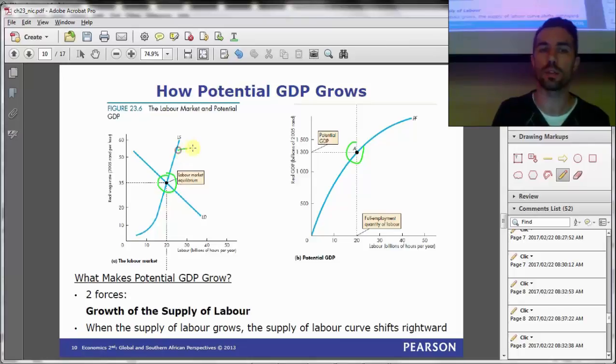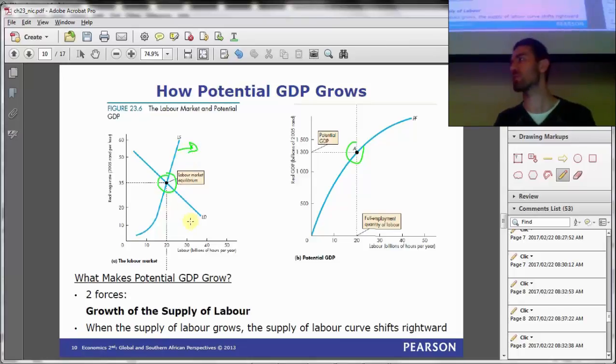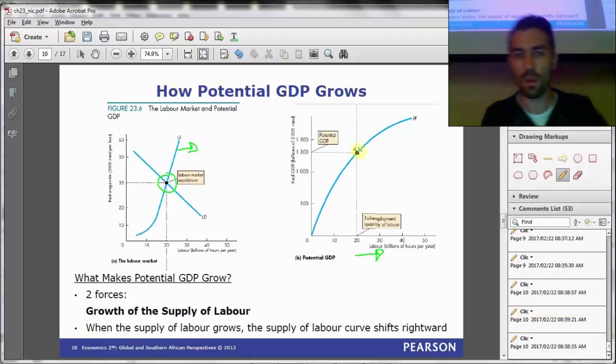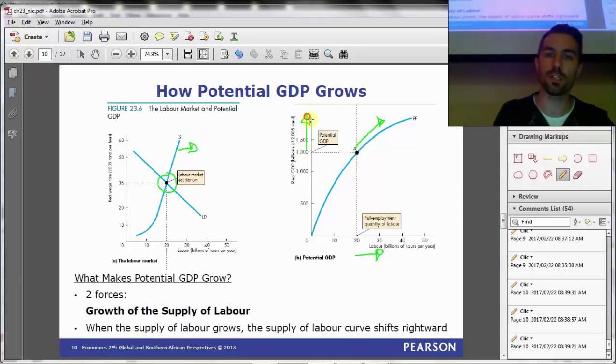We can do that in one of two ways. Labor supply shifts to the right. If that happens, are you happy that equilibrium will be at a greater quantity of labor employed? Are you with me on that? Yeah? Are you happy that that would be a movement to the right? Not of the entire graph, just of, let's do this like this rather. Are you happy it would be a movement that way? Are you happy that a movement that way is the same as saying a movement up and along this curve? Are you happy with that? Are you happy that that would mean an increase in potential GDP?